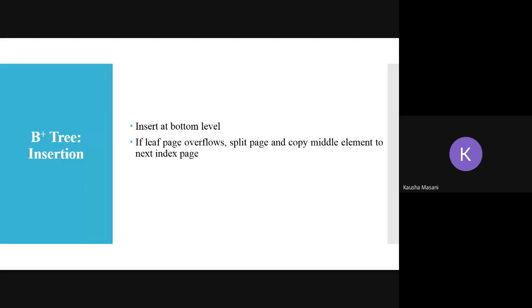Fine. So that is what the sentence is also telling you, that if leaf page, that means that leaf node overflows, then split the node and copy the middle element to the index page. Index page means आगे वाले, एक level ऊपर. लीफ नोड के एक लेवल ऊपर उसको पुश कर दो, ठीक है।